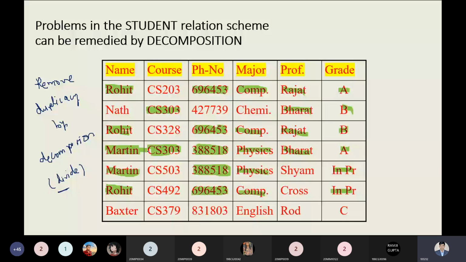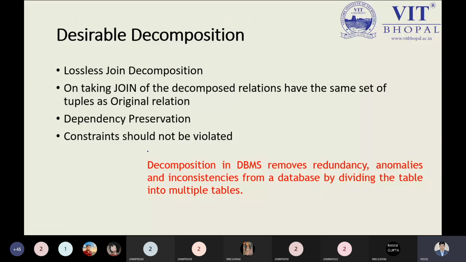So this is the problem we have seen. It's saying to us we must follow the lossless join decomposition. Join decomposition is mainly saying to us that after decomposing, if we need to compose the decomposed relations, then you have to apply the join operation. And that's why you are getting the same relation; that is known as the lossless join decomposition.